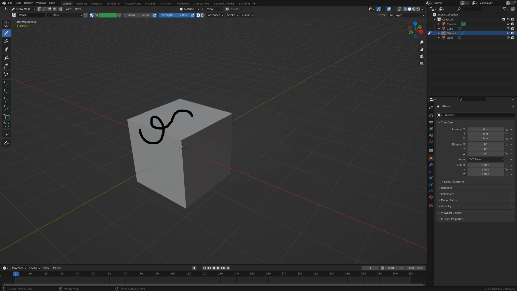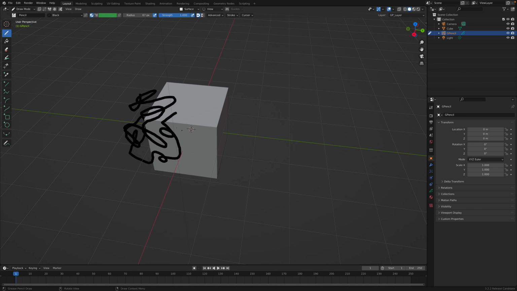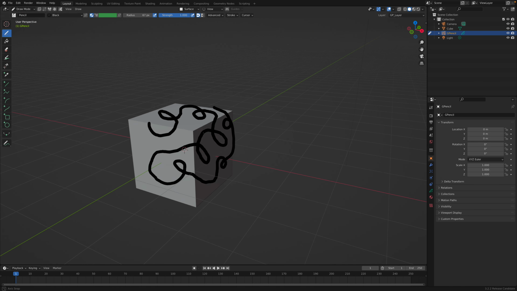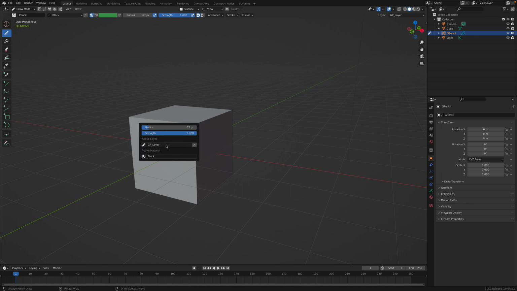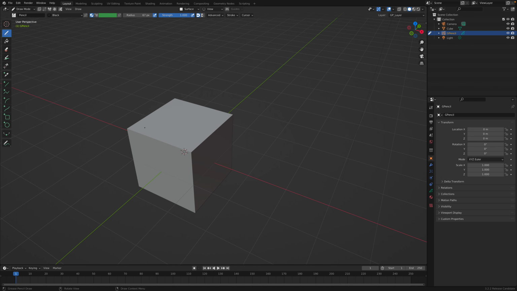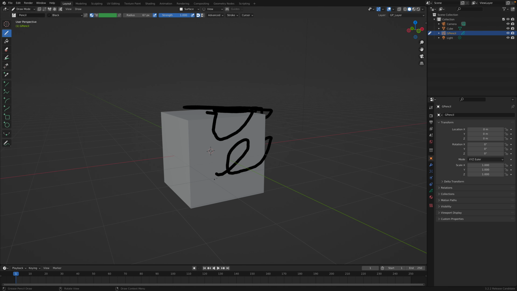So I'm drawing this on top of this default cube. I'm drawing on these 3 different surfaces. By default the placement is not exactly on the surface. You need to offset it, make the offset smaller. So let's just draw it again. I try to make the doodle so that if this is the snail, it doesn't go outside the surface, but we're gonna try to make it a single continuous line,